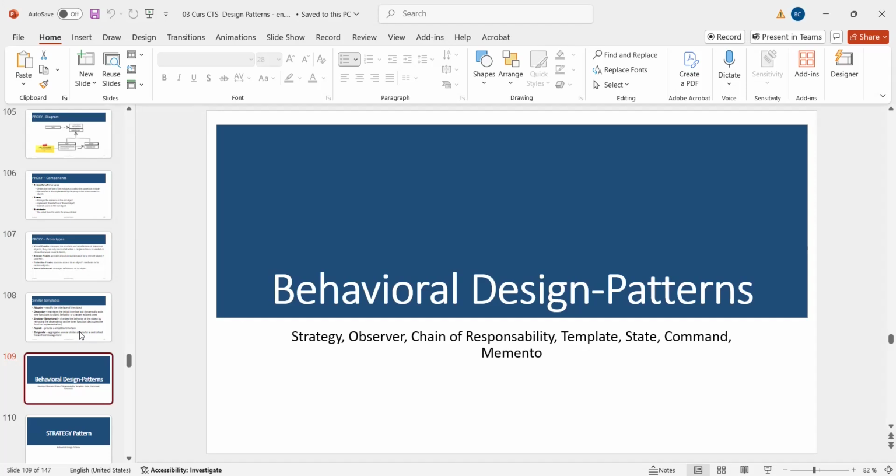Behavioral design patterns are all about events. Okay, so that's why they are called behavioral. It's all about events. And if you remember last year when you started